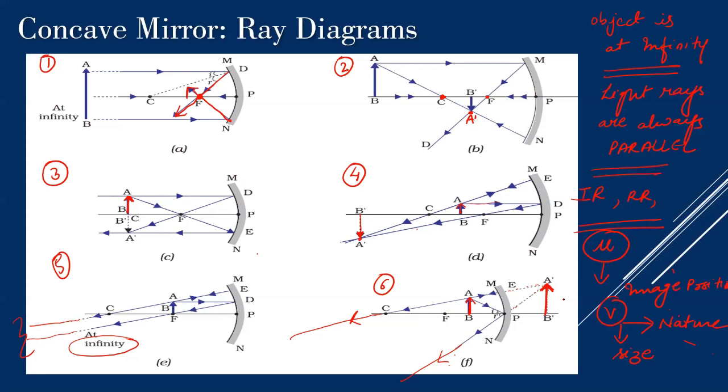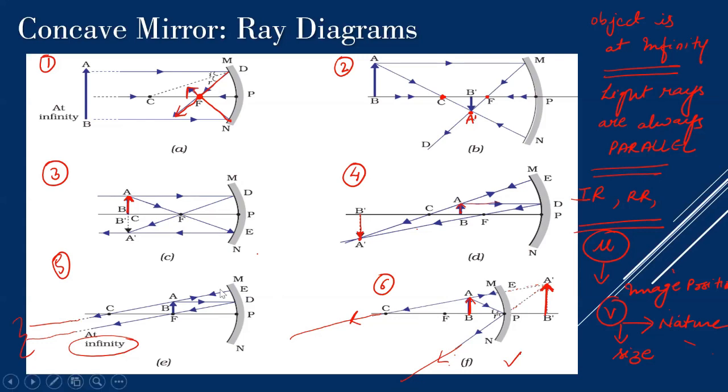Okay, this last position has a lot of applications. We are going to study applications of concave mirrors as well, uses of concave mirror. In that, I'll explain why this particular position is so important, because we can actually see that image in the mirror. For the first 5 positions, are we able to see the image? No, we are not able to see the image, because these images are real. Unless we keep a screen, real images are always obtained on a screen. They can never be seen inside the mirror. So the sixth position has a lot of applications.